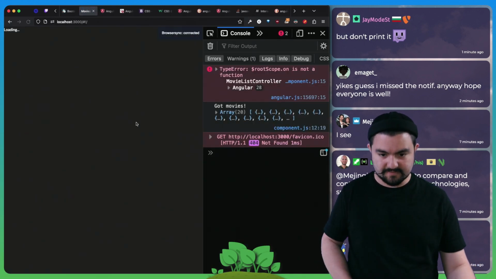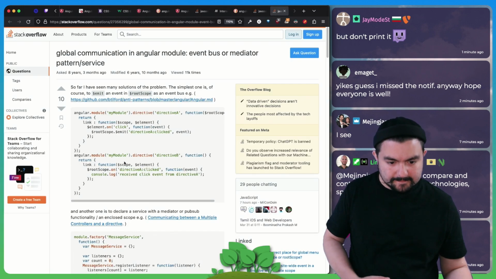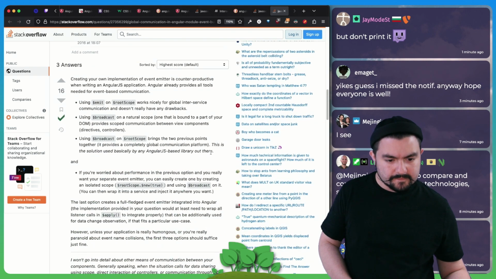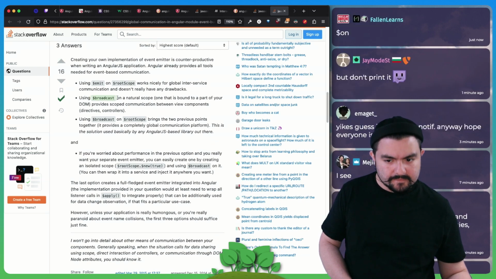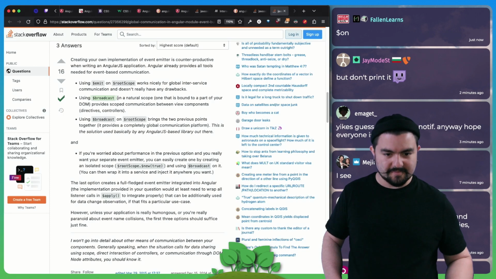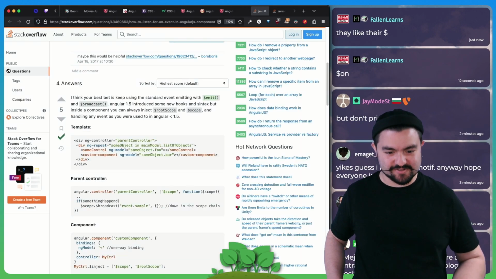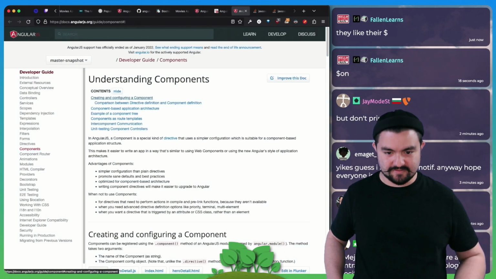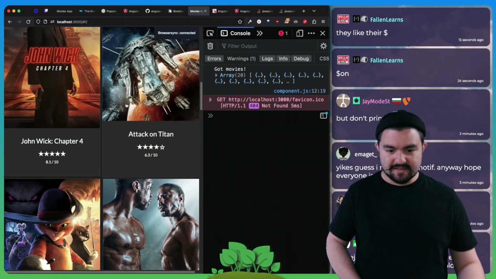Does it work? No, rootScope.on is not a function. Is it $on? I guess I was copying code from the one that's not the answer. I have to close all this extra stuff, though. Get rid of that, and that. All right, so now when we get to the bottom,